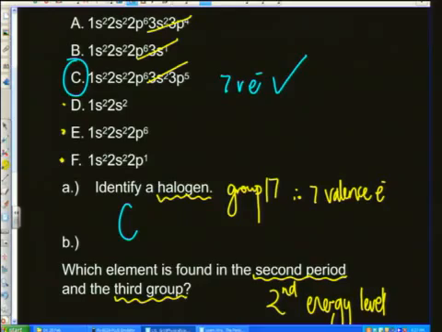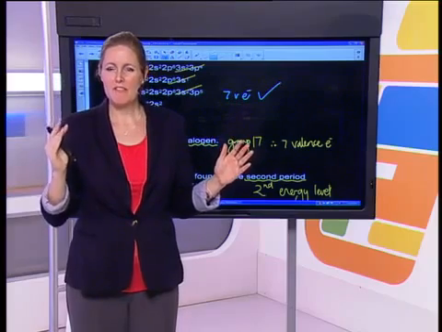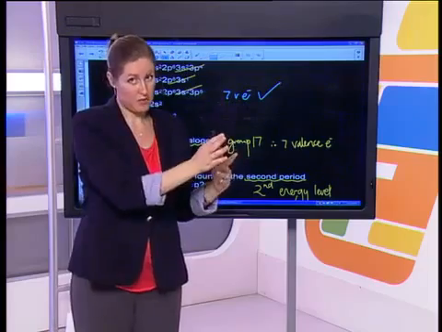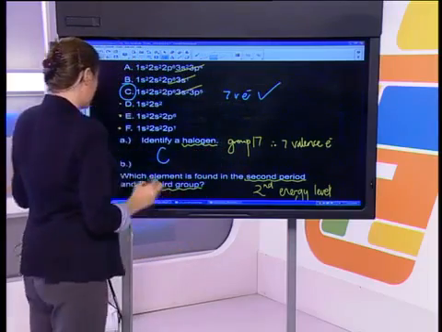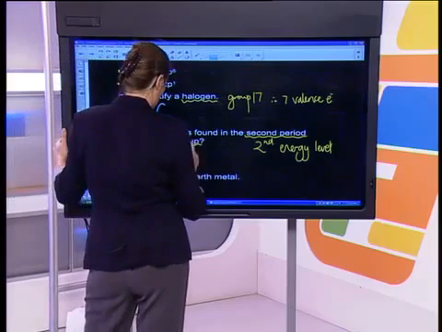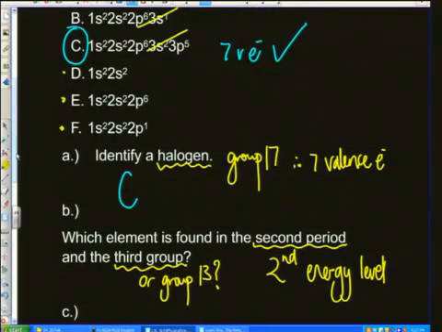What about the third group? Well, the third group means that it's going to have 3 valence electrons, because it would be 1, 2, transition elements, 3. Okay? Or group 13, depending on how the question was phrased. Now I need to come across. Where would D fit in? D would fit in